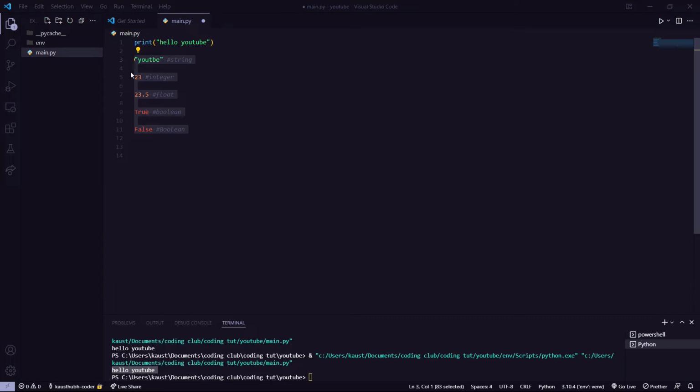So I'm gonna comment these one more time. The thing about VSCode is if you select whatever you want to comment, press Ctrl+/, it comments it automatically for you. So these are the data types,